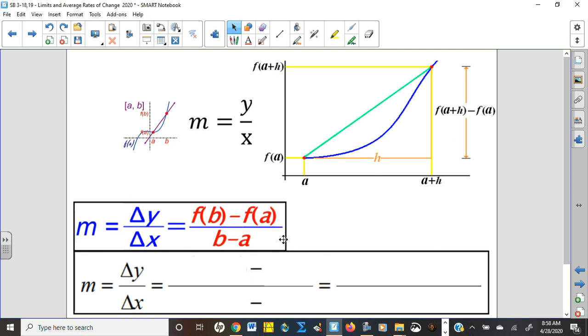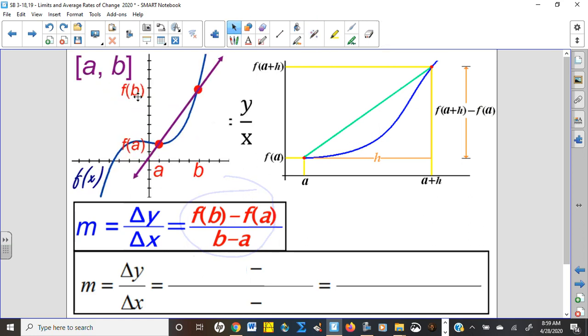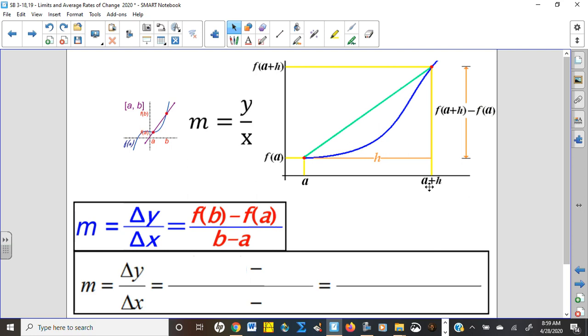Let's go ahead and change this formula that we already have, using our new points here. So instead of the point to the right being b, f of b, it's a plus h for the x value, and f of a plus h